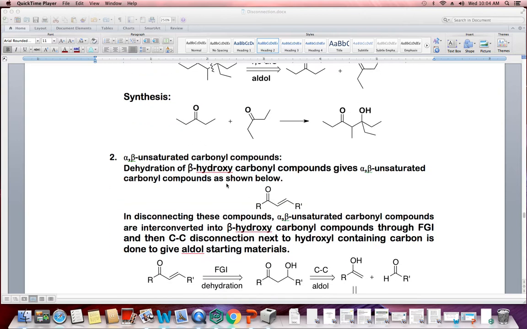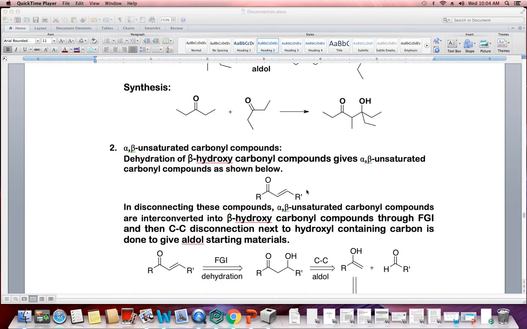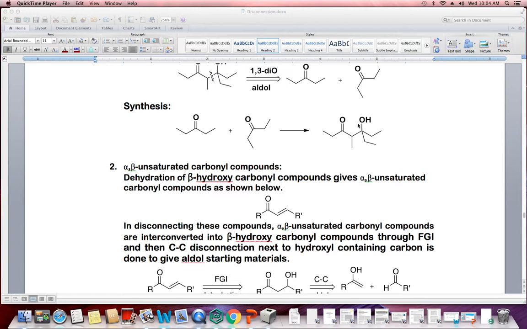The second most expected product of the aldol condensation reaction is alpha beta unsaturated carbonyl compounds. This product is formed by the removal of a water molecule. Hydrogen is removed from the alpha carbon and the hydroxyl group is removed from the beta carbon. As a result, we get alpha beta unsaturated carbonyl compounds. So this is the next step of the aldol condensation reaction, in which we get an alpha beta unsaturated aldehyde or alpha beta unsaturated ketone as a product.